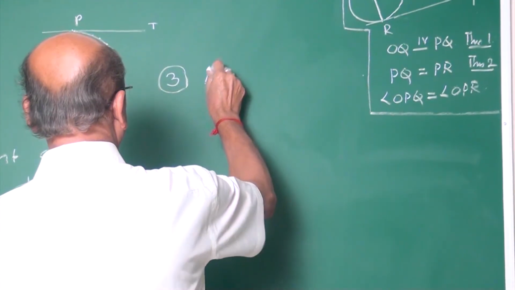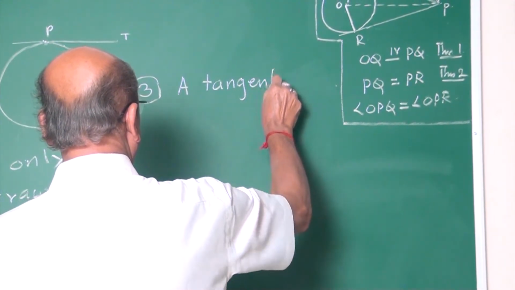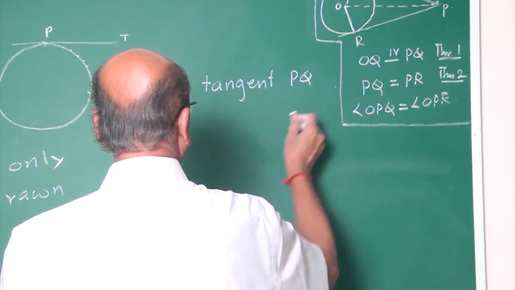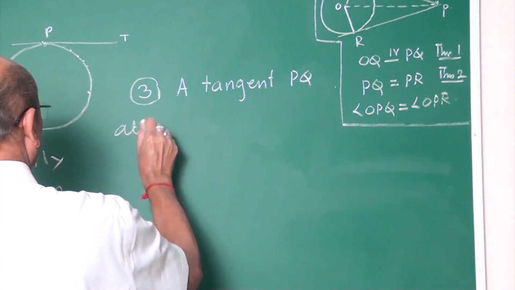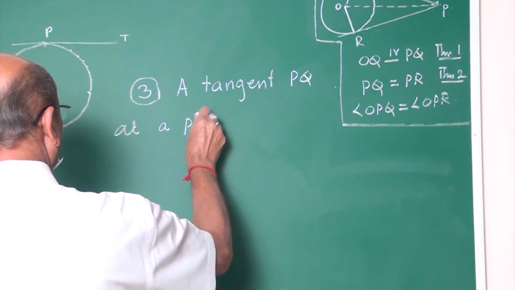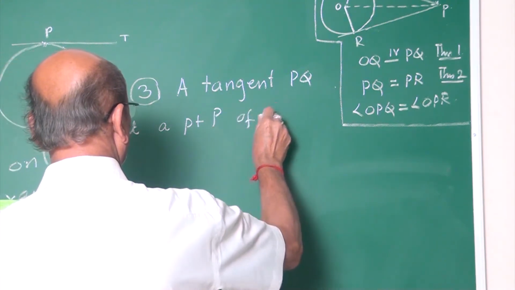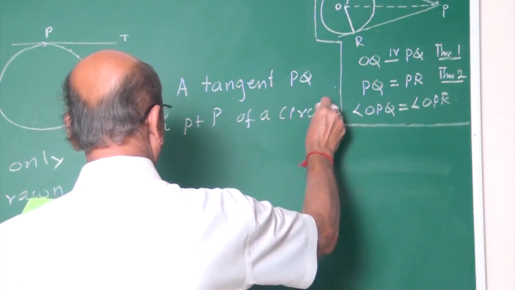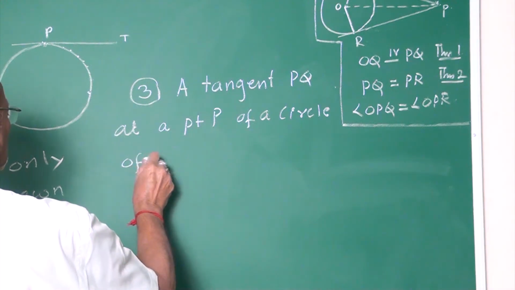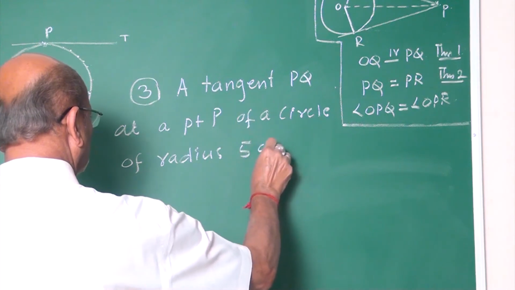A tangent PQ at a point P of a circle of radius 5 centimeters